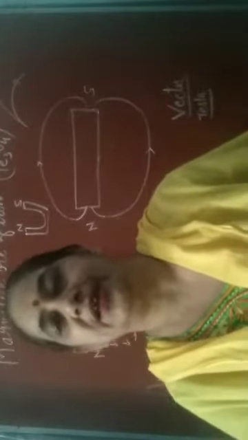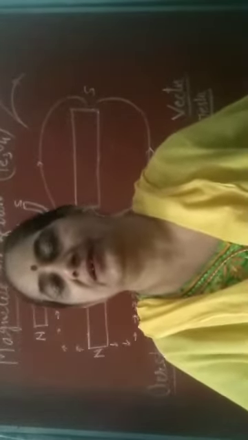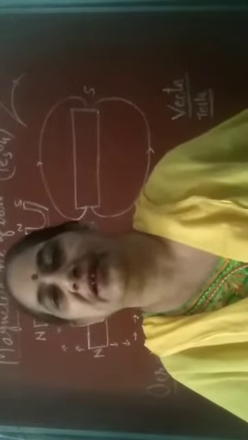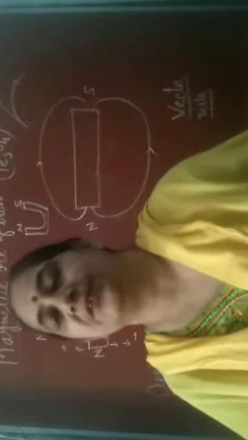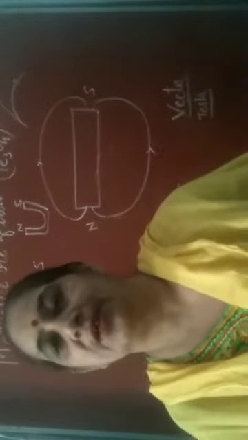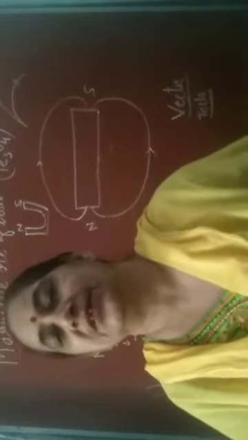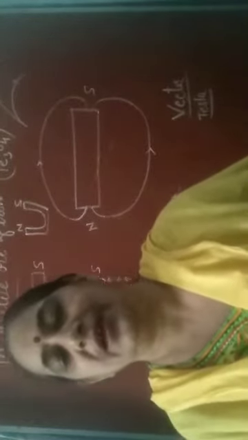Before we go to magnetic effect, first of all, what is a magnet? A magnet is a magnetite ore of iron which can attract magnetic substances towards it. Now, what are the magnetic substances? Iron, nickel, cobalt. They are the magnetic substances which are attracted by the magnet.